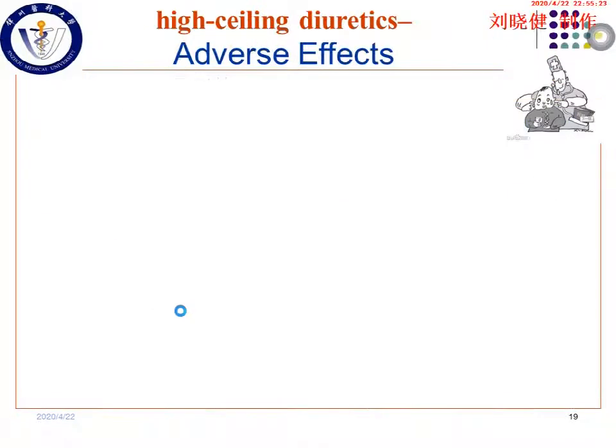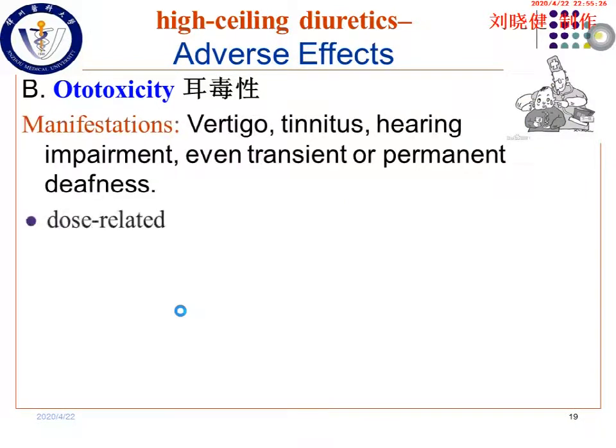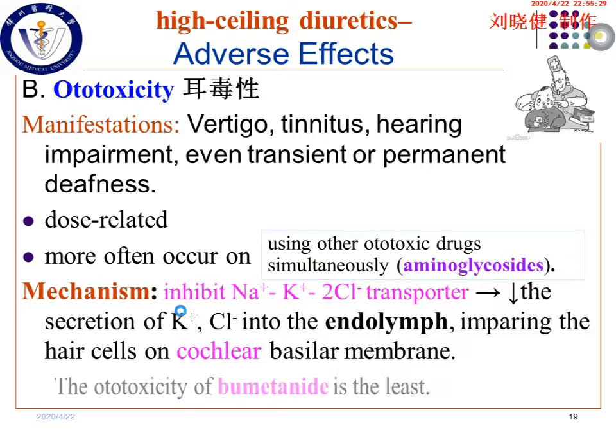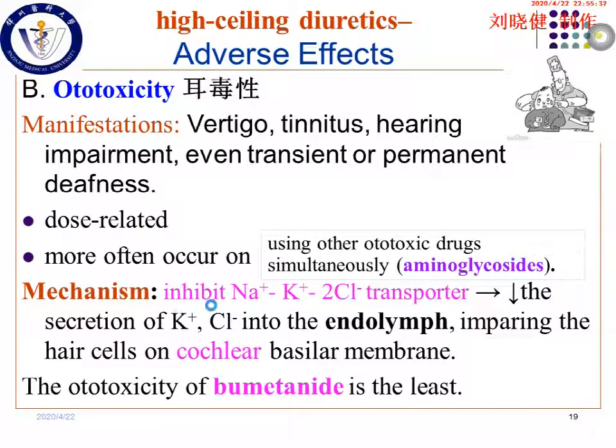Next, ototoxicity. If someone is suffering from ototoxicity caused by loop diuretics, the symptoms may be vertigo, tinnitus, hearing impairment, even transient or permanent deafness. This toxic effect is dose-related, and it occurs more often with ethacrynic acid, in renal insufficiency, or when administering other ototoxic drugs simultaneously, for example,